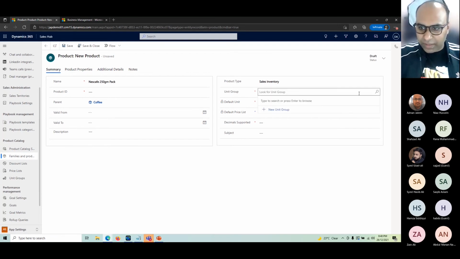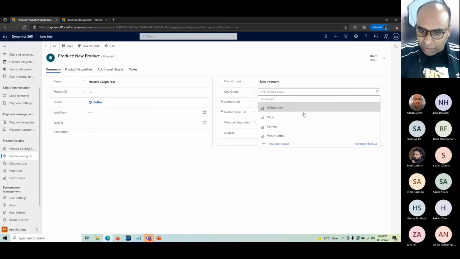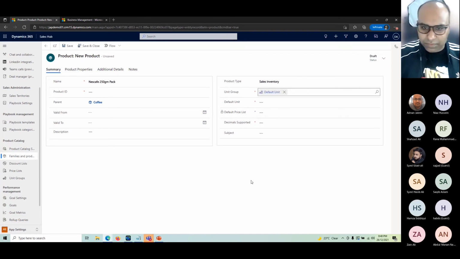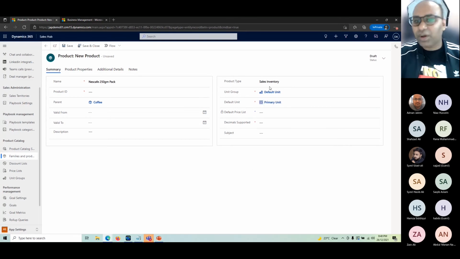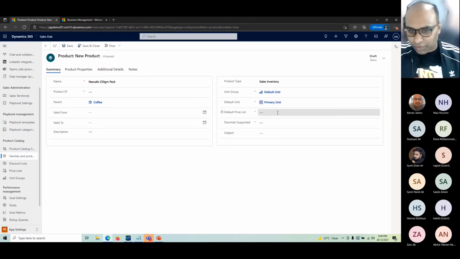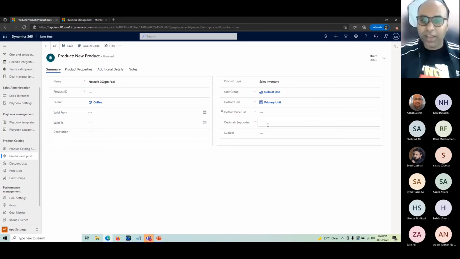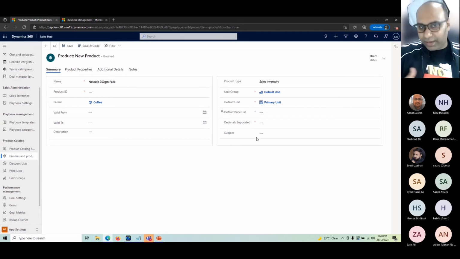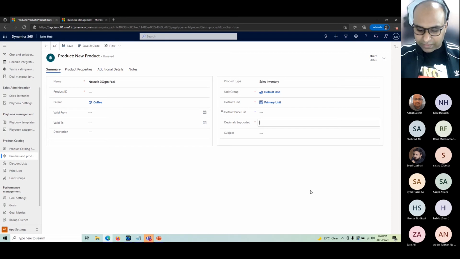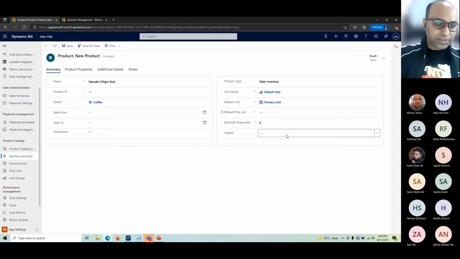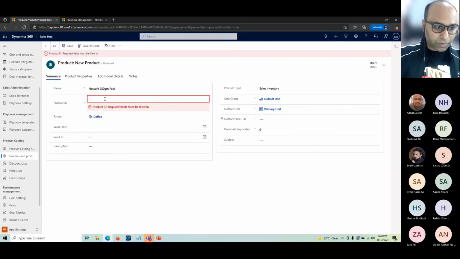And then unit group, I'll want to sell it as the default unit, or each, in this example. Fine. What is the default one? Primary unit. This is the out-of-the-box unit. I can define a separate set of units also, as I was shown for the water bottles, but this makes sense here because I want to sell it only one by one, not in a pack. If I want, I can create a pack also here. Decimals, again I said 0. I'll take it as 0. Product ID is required. I say Nescafe coffee